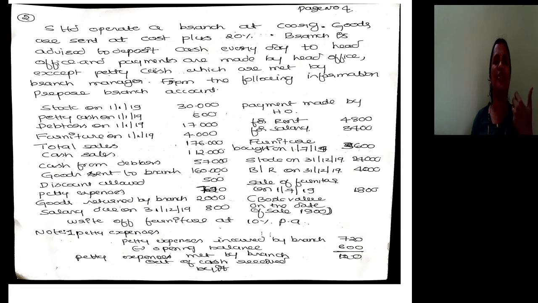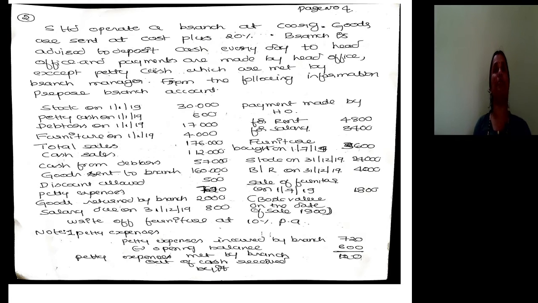But here the question of closing petty cash will never arise because he had opening cash of 600 and spent 720, which is 120 extra. If he had spent 500 rupees, 100 would become the closing cash. This 500 nowhere appears, and here 720 nowhere appears, but the 120 creates impact on remittance from branch to head office because he has spent more than what he had. He cannot pay out of his pocket.